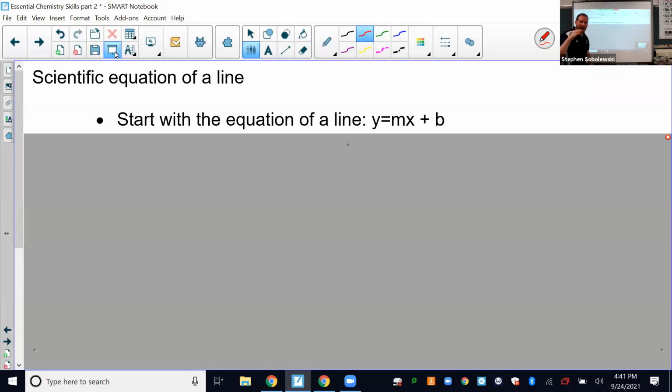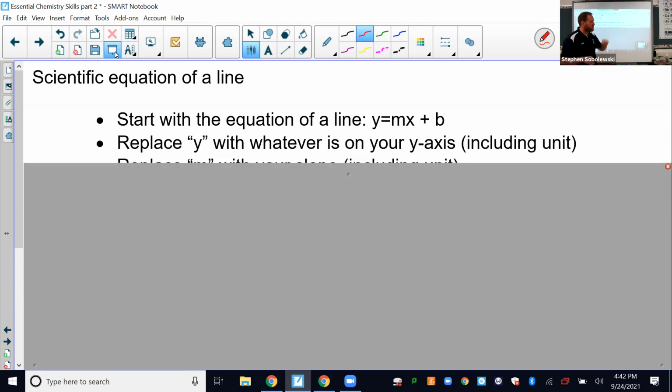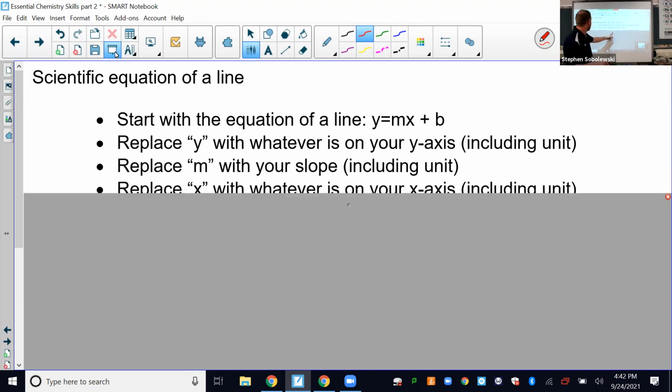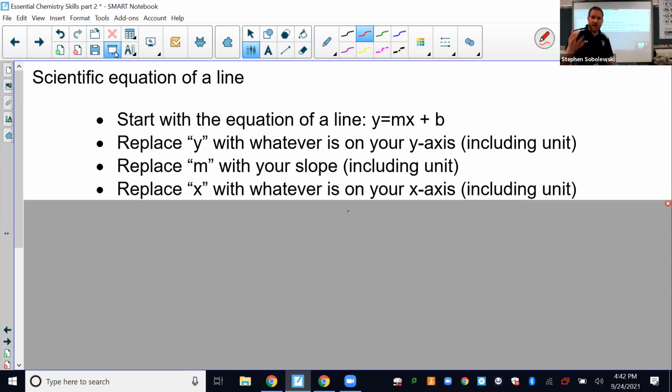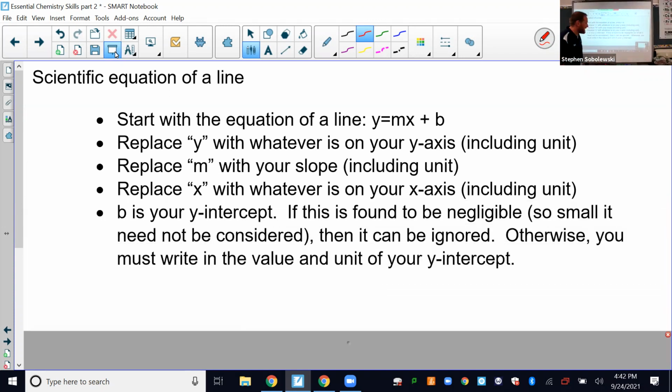So you're going to look at the graph you just made from a lab, and you're going to replace y with whatever's on your y-axis, including the unit. You're going to replace m with your slope from the lab, including the unit. You're going to replace x with whatever's on your x-axis, including the unit. And then that leaves us with the y-intercept. And careful,